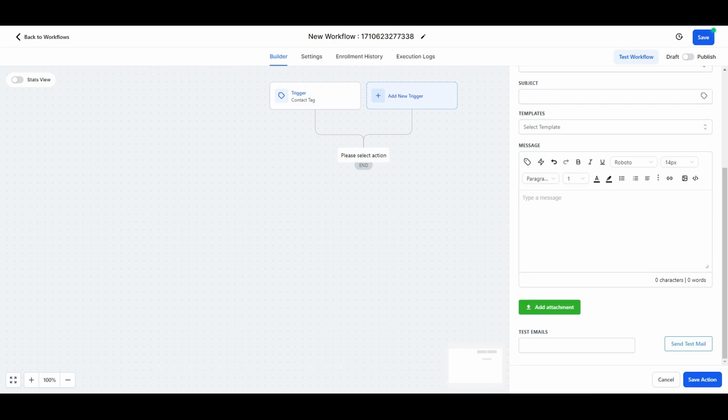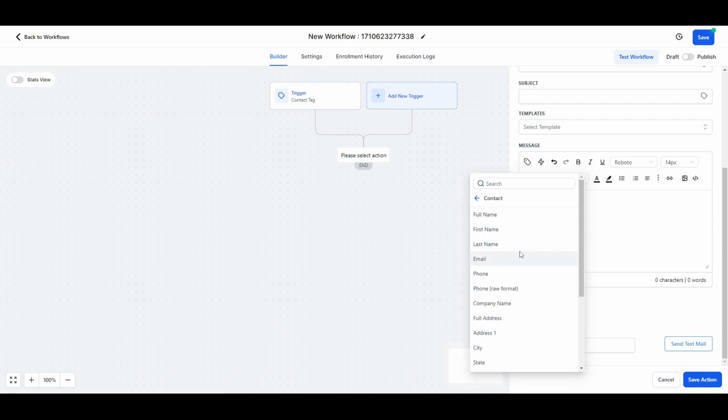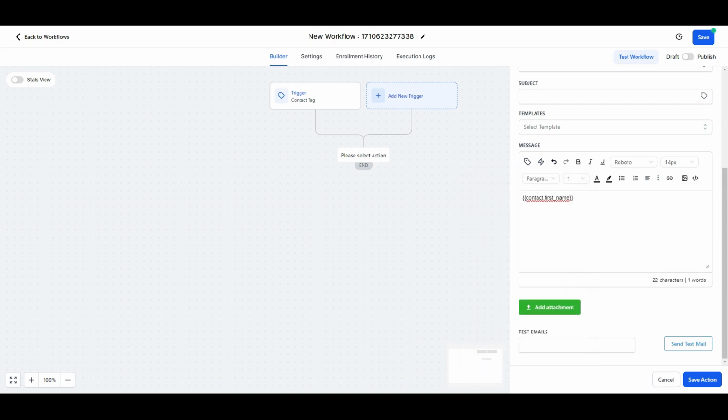So what I can do is click on this little icon here and it will give me the list of all the default custom values and also the custom values that I created in the custom values tab. Now click on contact, and from this list you can use the information that the contact has provided. Let's take the contact's first name from this list. You can see the unique key for the custom value and the contact's first name will auto-populate here. So now it will be like hey John or hey James,